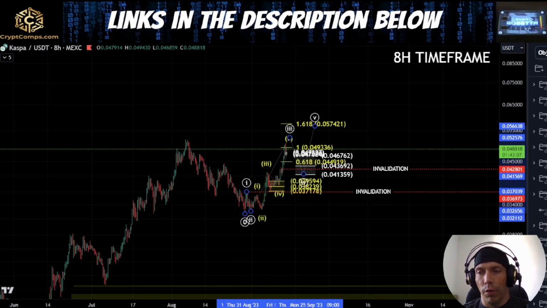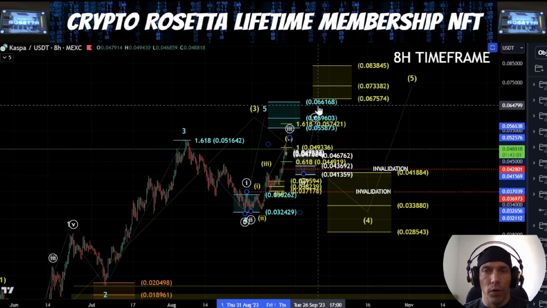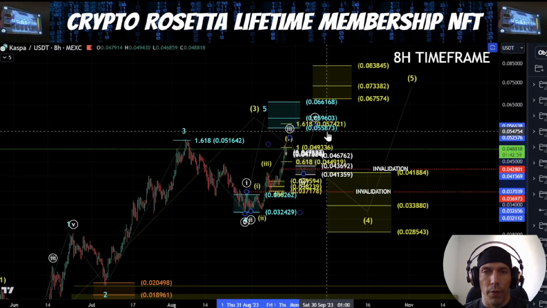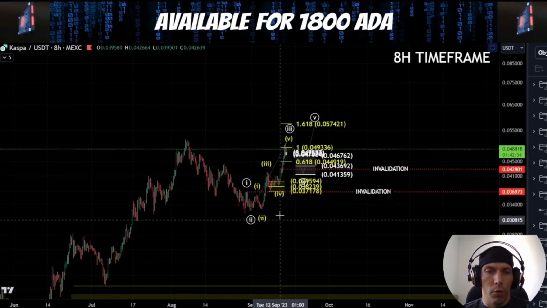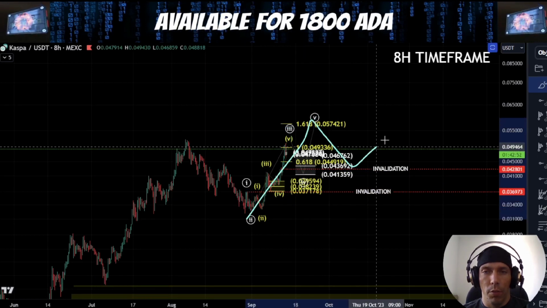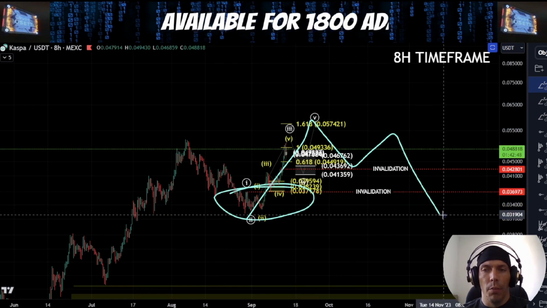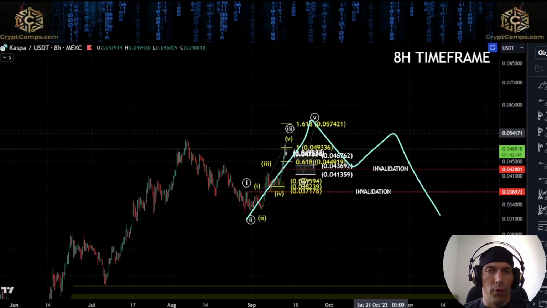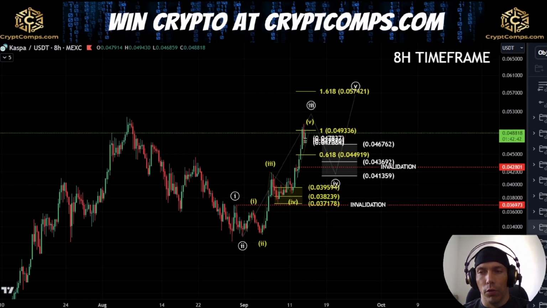So we need to just be careful that if we do complete a 5-wave move to the upside like this, this actually aligns with pushing us up into this blue box area that we've got here of the 66168 to this 55873 region. So we need to be on the lookout that if we do complete this as a 5-wave move up, we could be setting up for a bigger retracement, possibly back into this low again, before looking for that additional fifth wave to the upside after that point. So that's what I'm going to be looking out for, after this looks to complete.